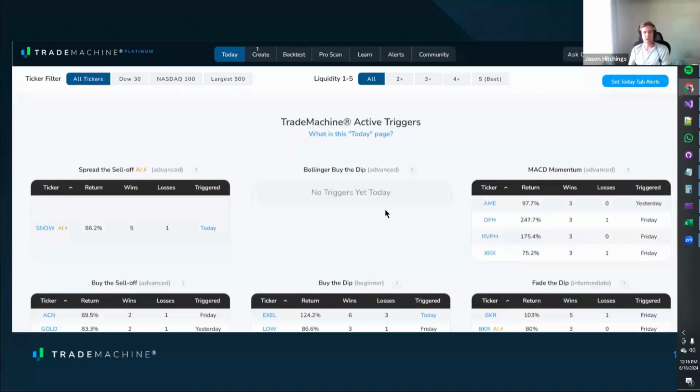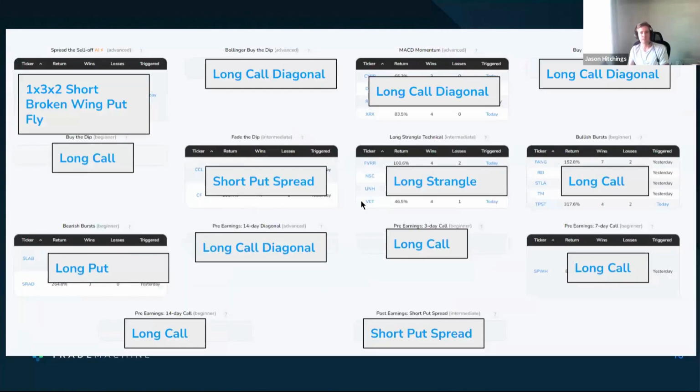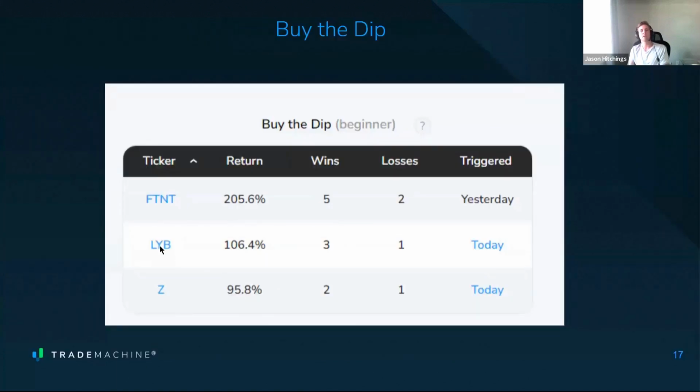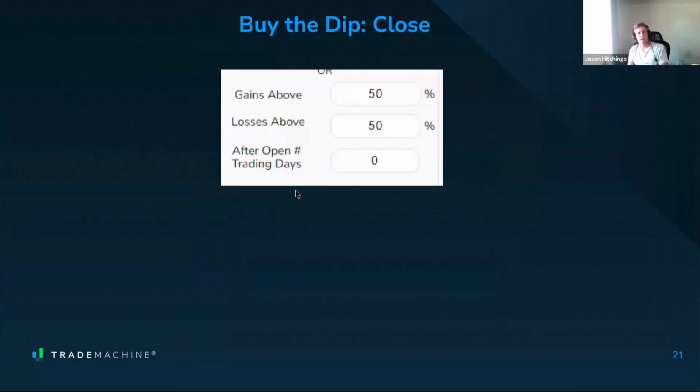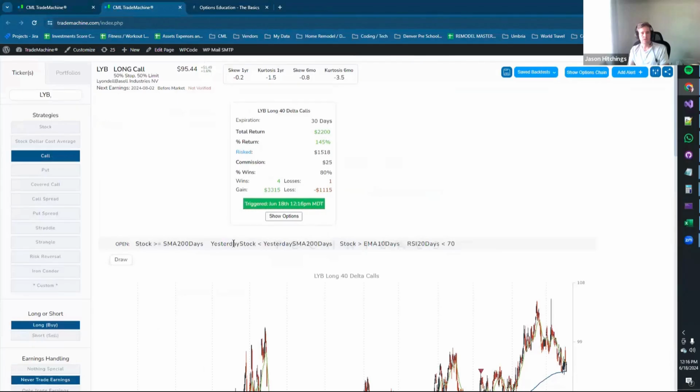And so clicking down through here, I'm just going to follow the same steps. This is just a little quick guide about what strategies are on the Today tab. But we clicked this LYB ticker and showed the ton of technical open conditions. The close conditions are this, 50% stop or 50-cent limit. And using this trade setup, the most clear-cut